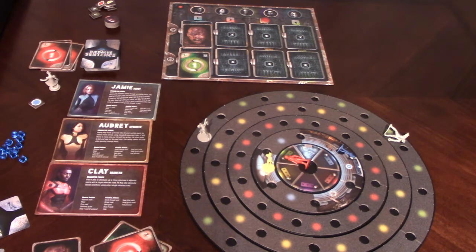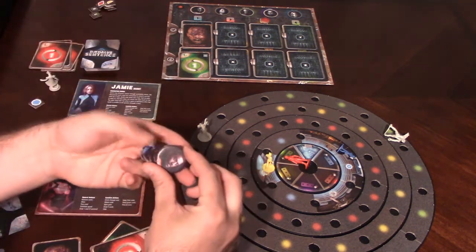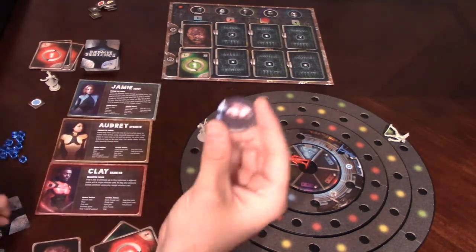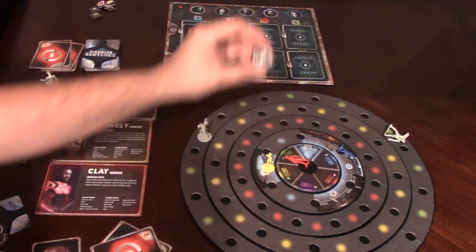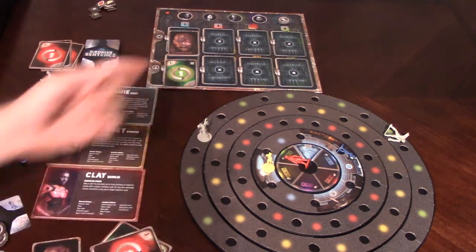And there's a few other things that I haven't mentioned yet. Like you have these player tokens here, and when somebody gets captured, so like, what's her name? Jamie, there we go. If Jamie were to get captured, you would take this, you would flip it over, and you would put it over here. And now the entire group has lost Jamie's ability